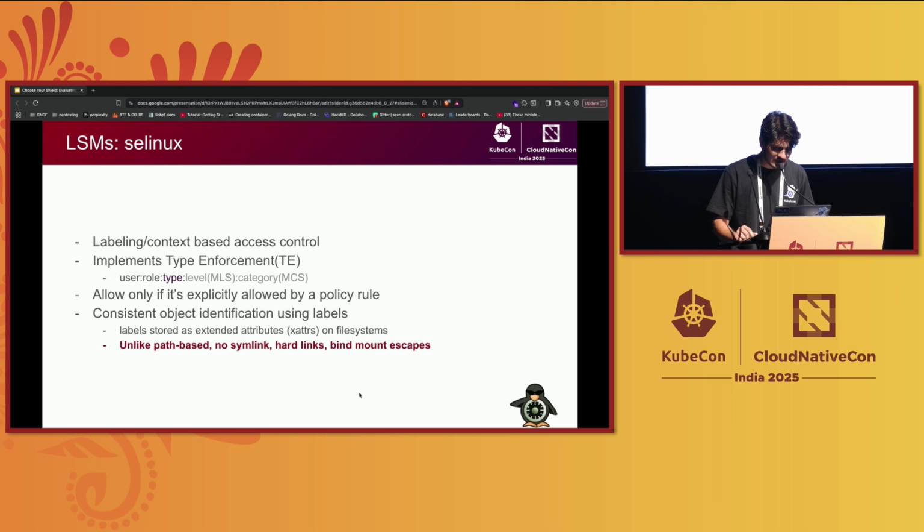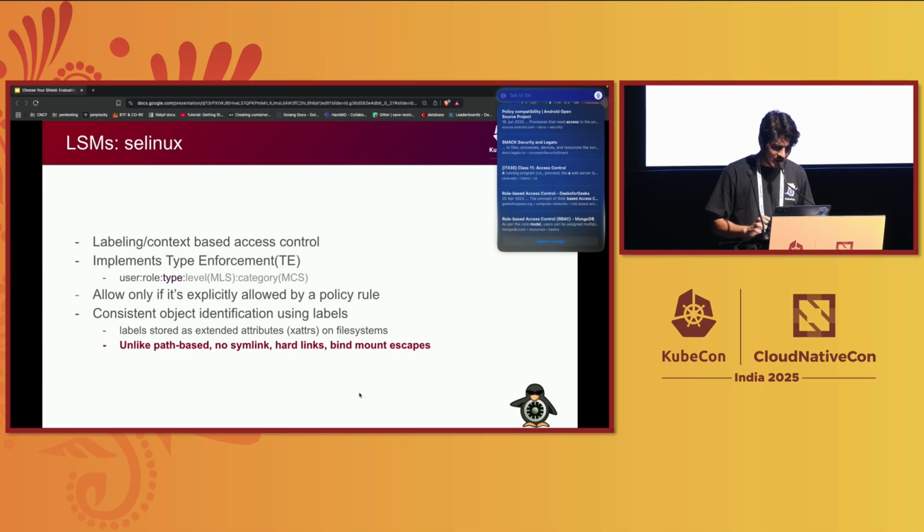Let's start with SELinux. SELinux uses a label-based access control model, which means every process and resources like files, sockets, network sockets, and network ports will be assigned a security label. And the access will be allowed using the SELinux policy rule